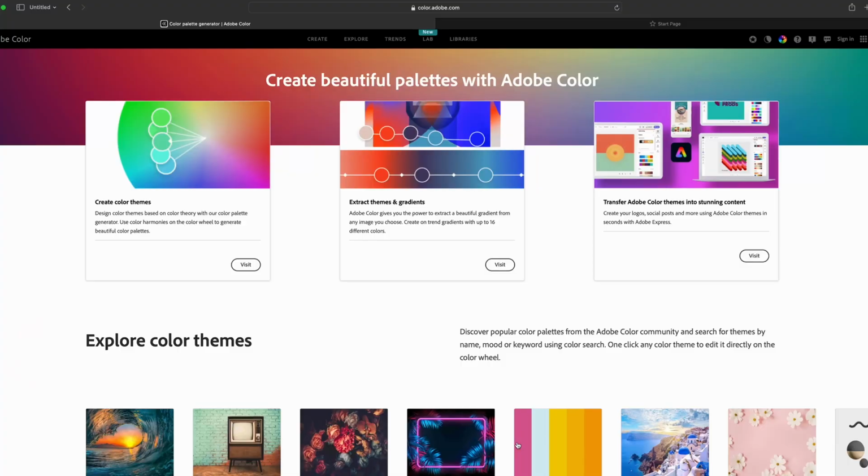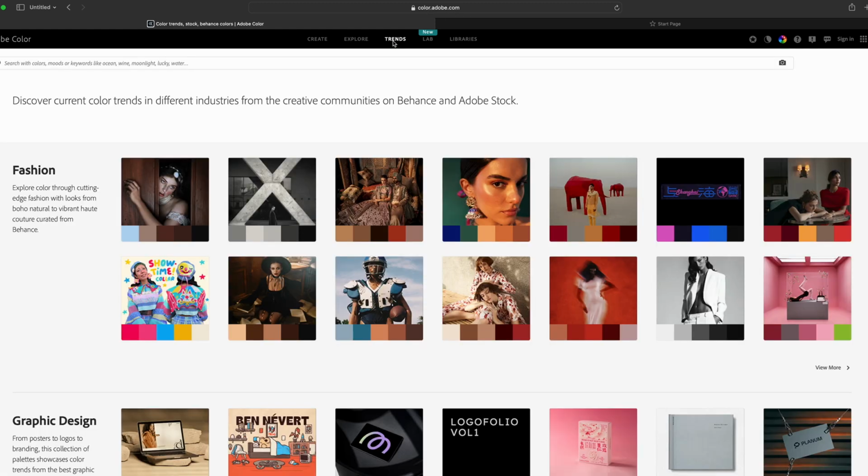Now, one of the things I said at the beginning that I was going to start putting you up on, there is a site that most people don't know about. Most of you out there designing are using Adobe. What most of you don't know is that Adobe has a very special site that you can go to online. If you go to color.adobe.com, you can actually enter this whole site that Adobe has that allows you to see different color trends. So you guys see what's trending in colors.